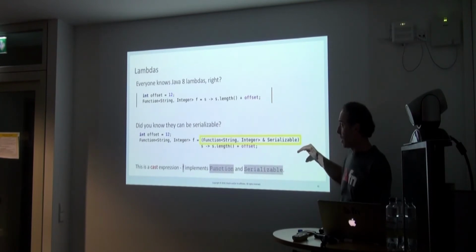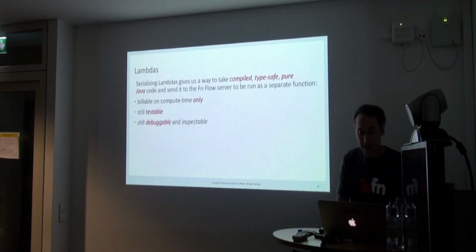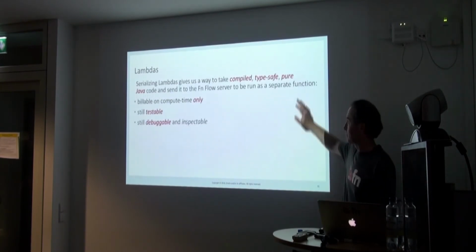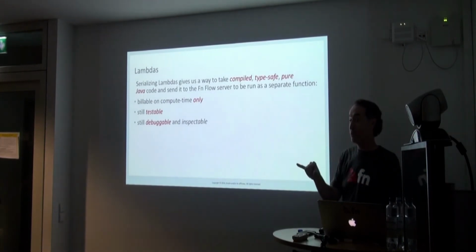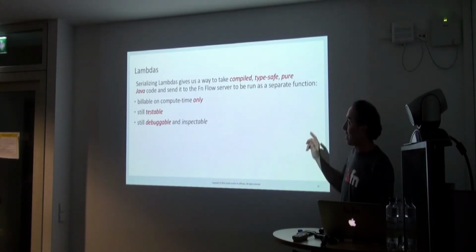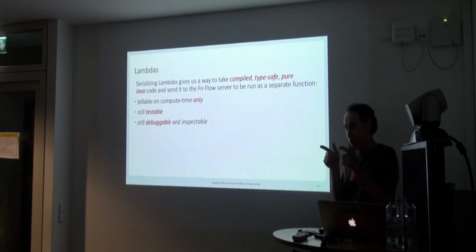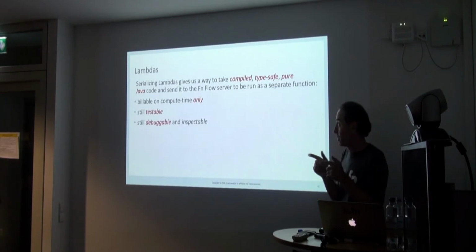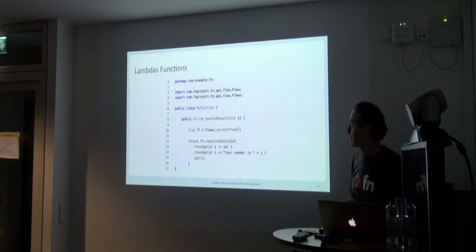So if I show you another example of what that means, let me talk about the lambda. They're type safe. That's important, right? I compile that, and I know the input and output of the lambda expression. If I just run a lambda by itself, I'm only paying for the compute required to run the lambda. It's cool. I can still test it in my debugger. Still runnable. So let me show you the example code.